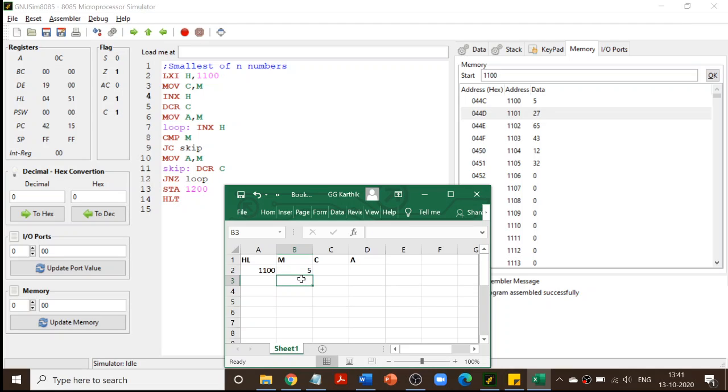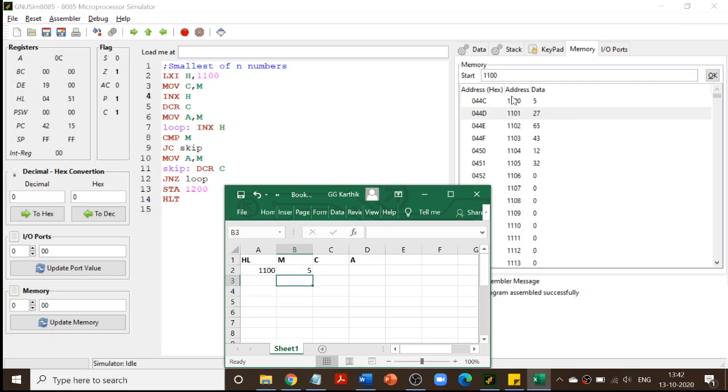I will repeat: what is M? M is memory. Memory will always contain the value at the HL register's address. The HL register pair will contain one address, and the value at that address is your memory. In our case, the HL register is going to contain the address 1100. The value present in that address 1100 is 5, and that will be your M.